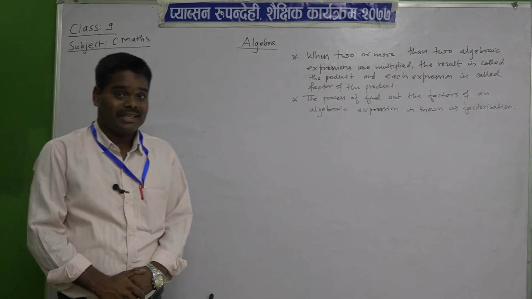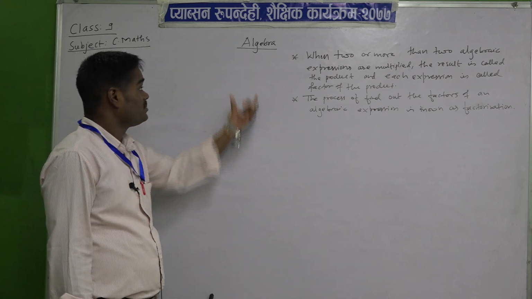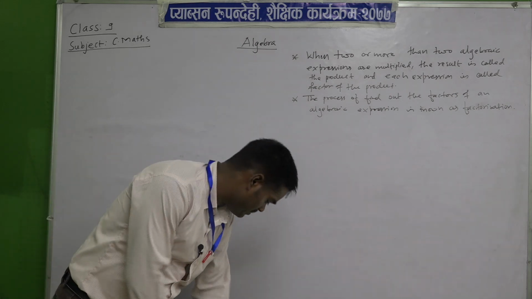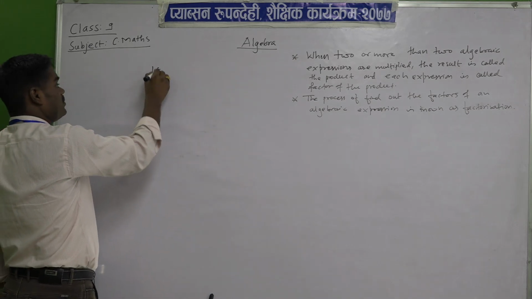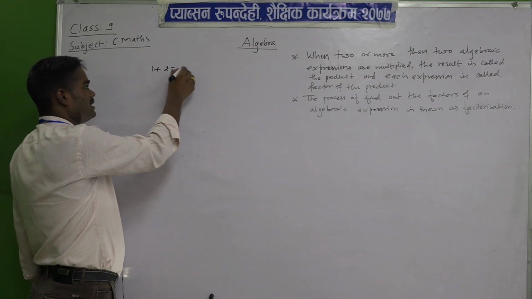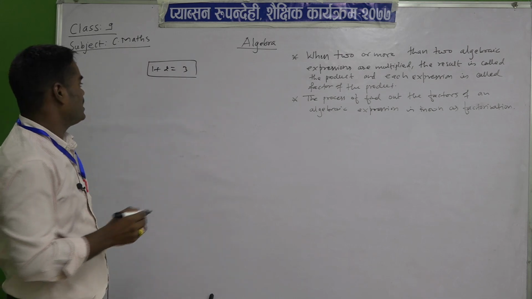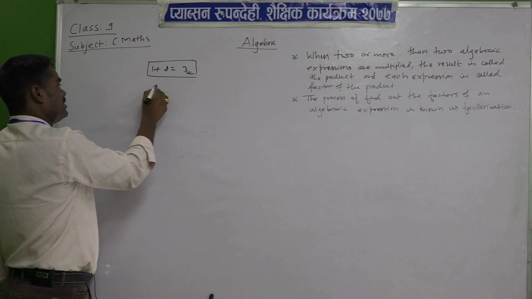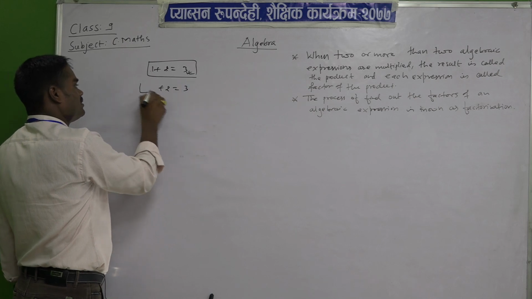As I told you yesterday, from today we will start algebra. In algebra, first we have to know the basic concepts. What are the basic concepts of algebra? Suppose we write 1 plus 2, then it becomes how much? 3. This is arithmetic. It is very simple: 1 plus 2 equals 3. But if you write the same thing like this, with a blank equal to 3,